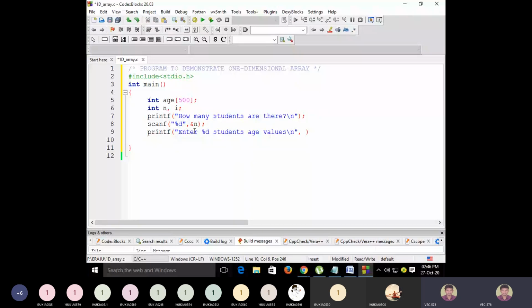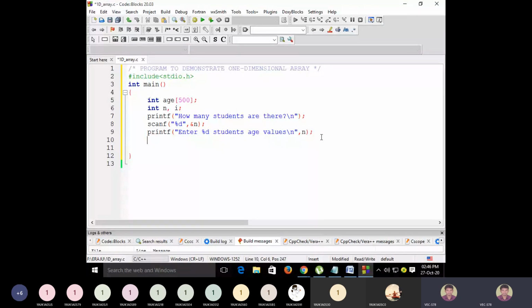So that's why I'm using %d here. Instead of saying enter n students, n means how much we do not know, but the actual number has to be displayed here. So that's why I write here enter %d students. Whenever you use a format specifier where the value should be printed from, that must be given after the comma here. From which variable? From variable n you print the value in that place. That is what we are informing the compiler.